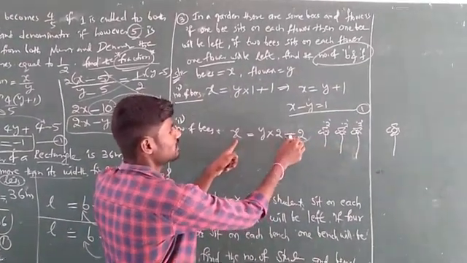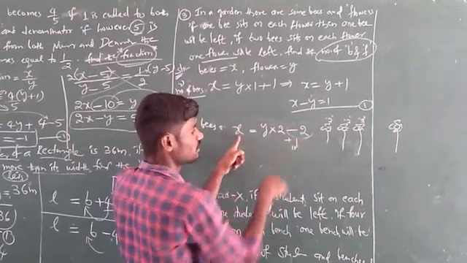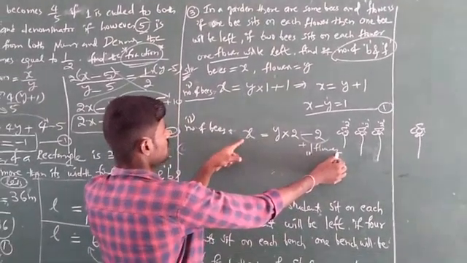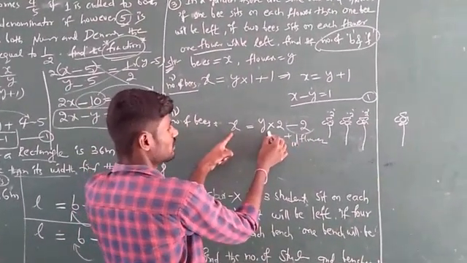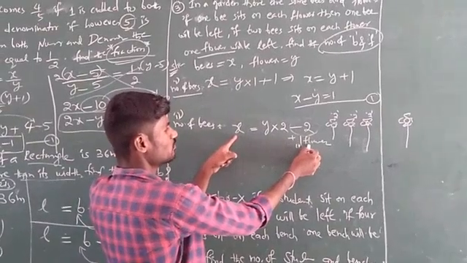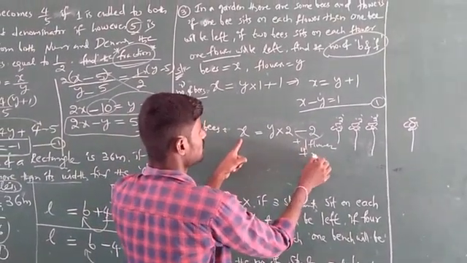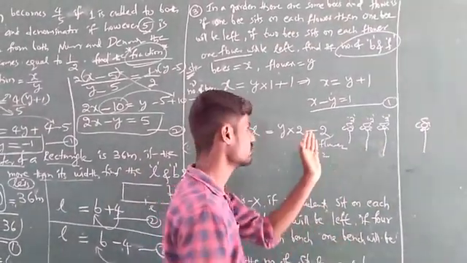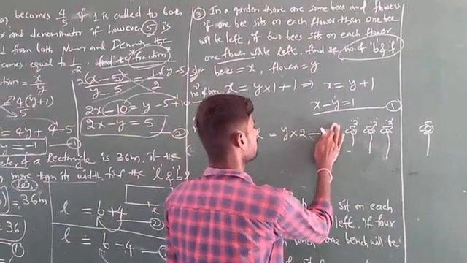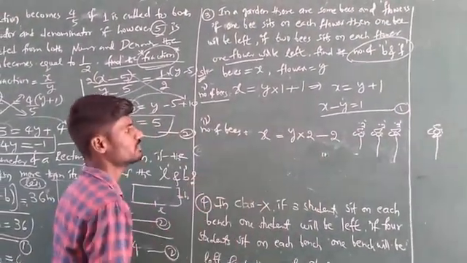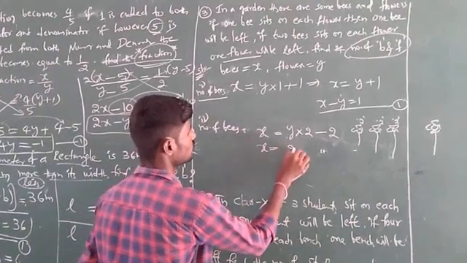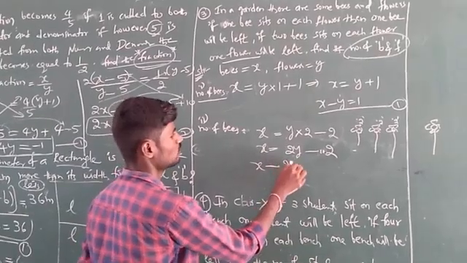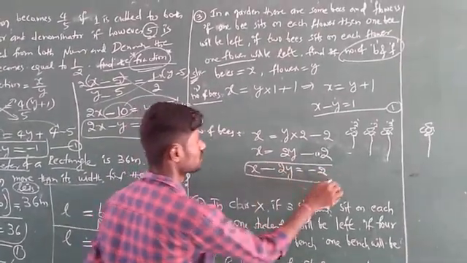One flower left, we can write here as plus 1 also. But that 1 is nothing but one flower. The left side is in the quantity of bees, and the right side is also bees, but that 1 is in flowers, so we need to convert it into bees. Here, why don't we take 2, since one flower left is 2 extra bees we need to subtract, which then equals exactly the number of bees. So from this, x equals y into 2 minus 2, that is, x equals 2y minus 2. Now if we rearrange it, x minus 2y equals minus 2. So this is the second equation.